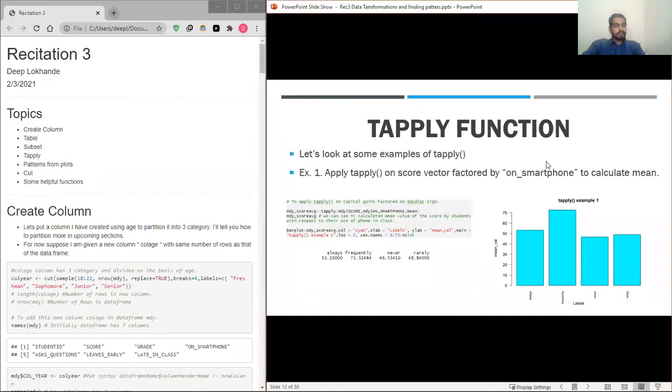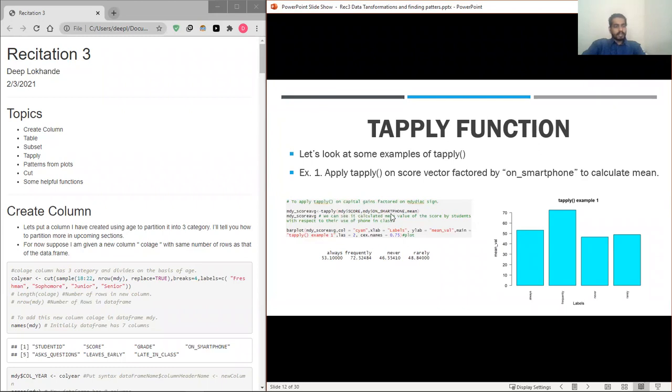Let us look at an example of the tapply function. Suppose I want to calculate the score mean of the students in the Moody dataset, categorized by the on smartphone vector. So the vector over here is the score column.